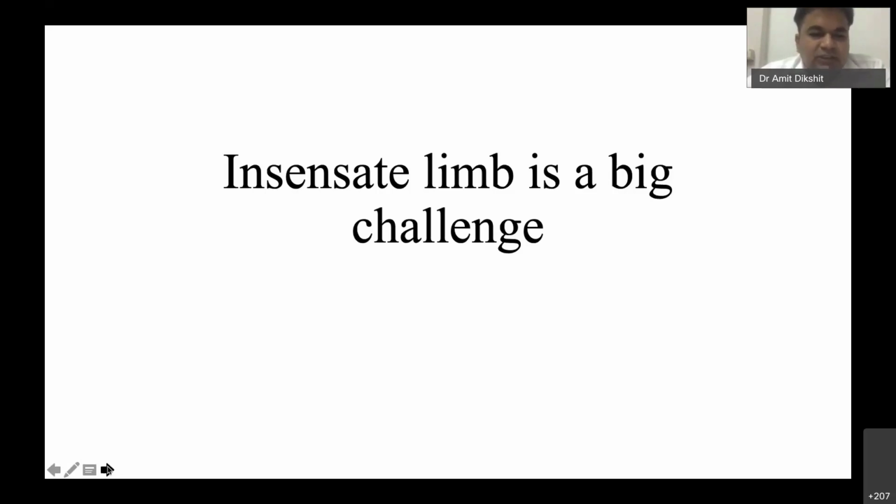So we have really changed our technique, and we do not wish to have an insensate, paralyzed limb for a longer duration. There are case reports where patients were found to have injuries to the forearm, injuries to fingers, and dislocation of shoulders while shifting the patient, and of course the patients are not able to work and they cannot be discharged. So in the era of ERAS and daycare, we do not want an insensate limb.